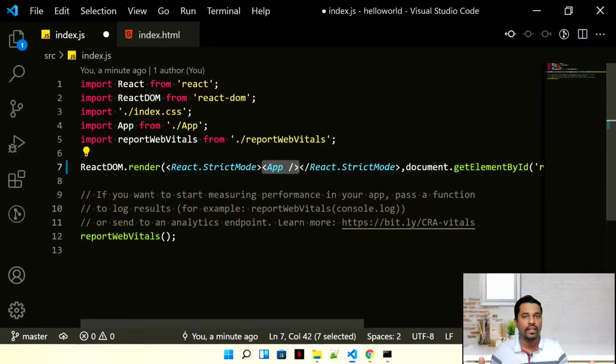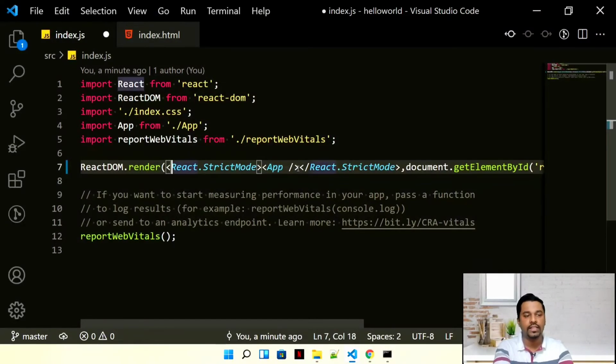So usually we behave like that. You can change this component, you can add your own, nothing to worry. You can write your own component here as well. But as in most libraries, the App component is a default component. We are going to keep the name App itself, so it's easier for us to understand any other library. We are not going to change this. Let it be as it is.